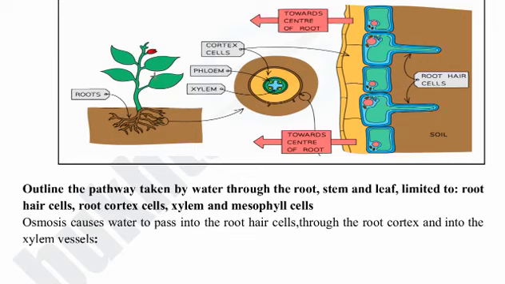In simple words, we can say that the transport of food from source to sink is called translocation. Source is basically where the food is synthesized, and sink is basically where the food is stored. For example, the leaf prepares the food by the process of photosynthesis, and photosynthesis is done by the leaves of a plant. So in this case, the leaves are the source, and once the leaf has prepared the food, it transports that food to other organs of the plant, like the stem or the root, and the food is stored in the roots in the form of starch. So the roots are the sink.